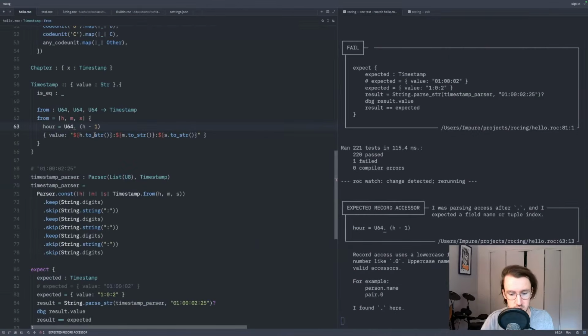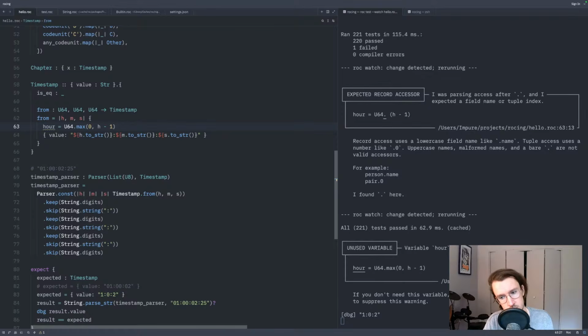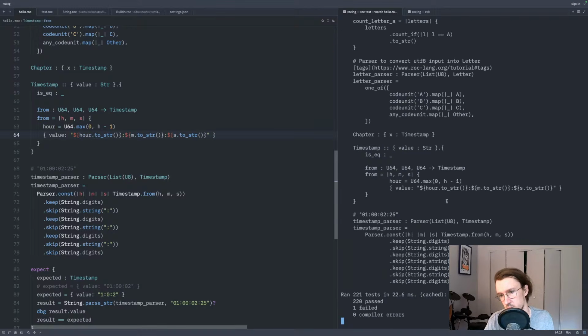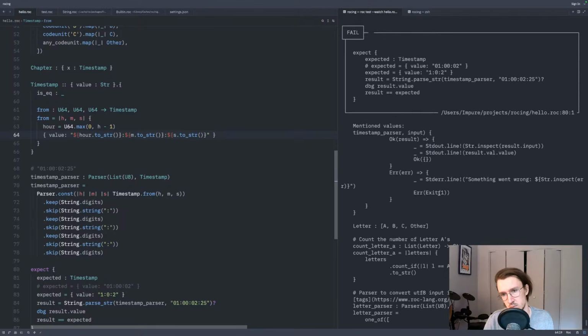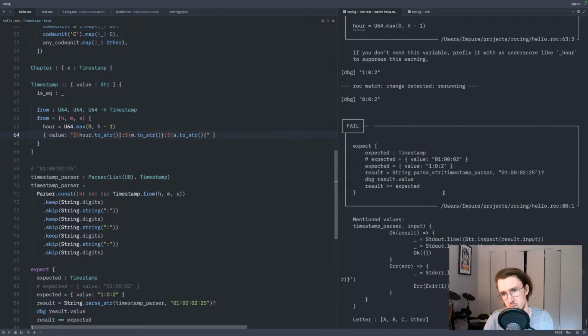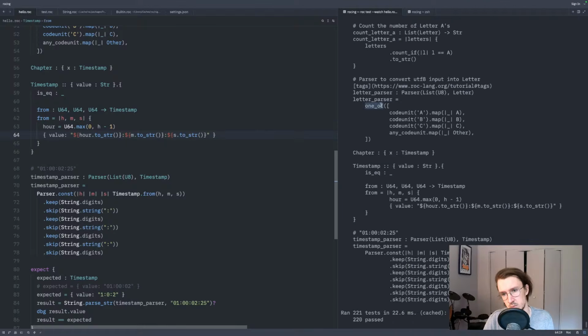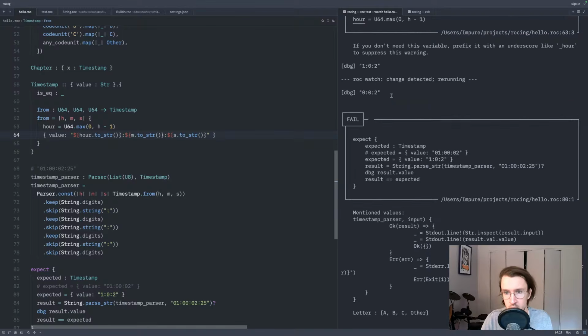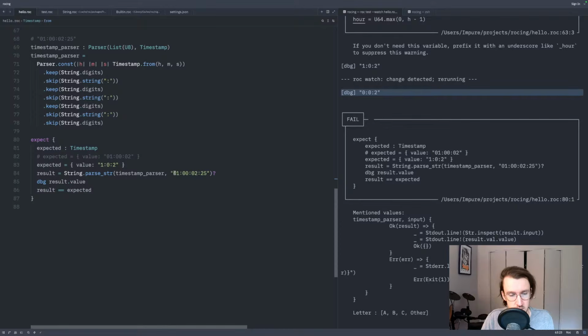Just max and two numbers. What? Interesting. Scope now. But it is 0,